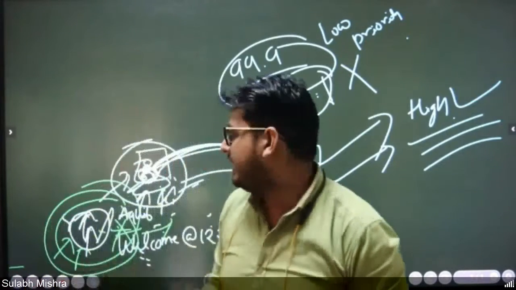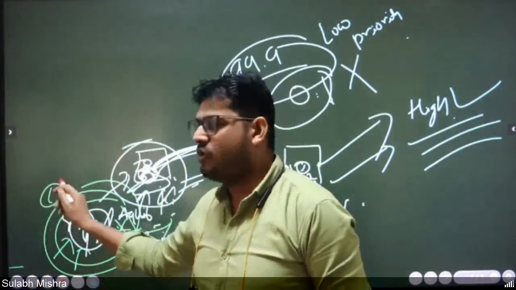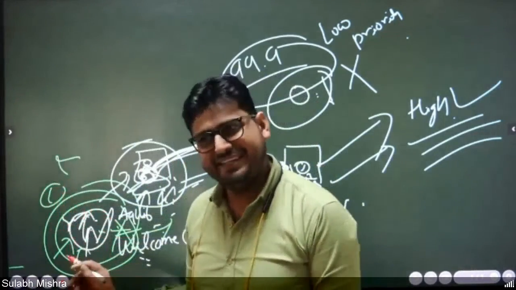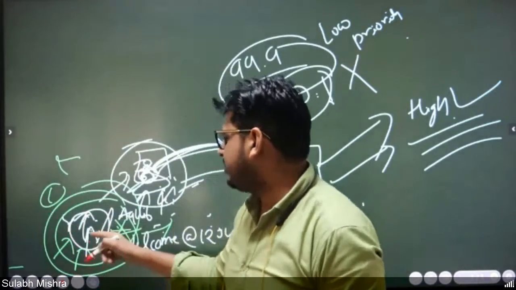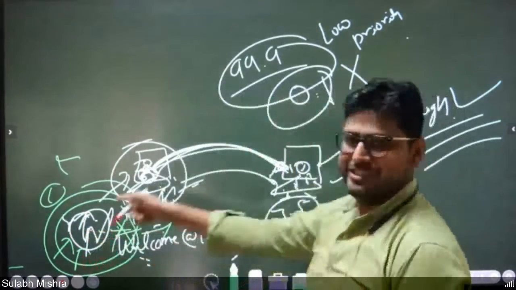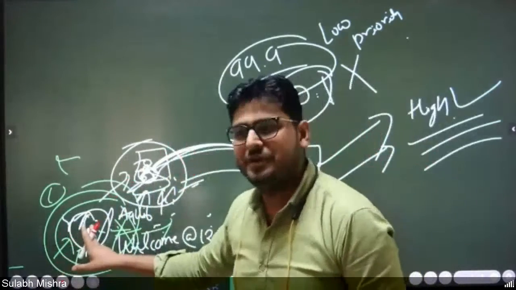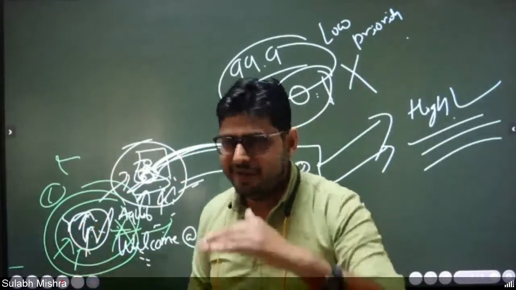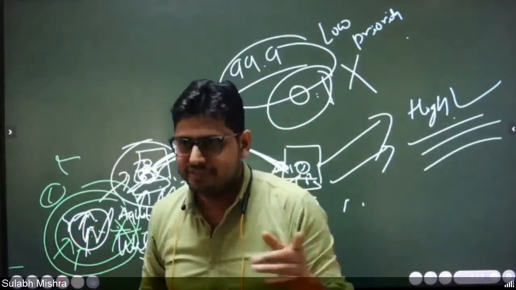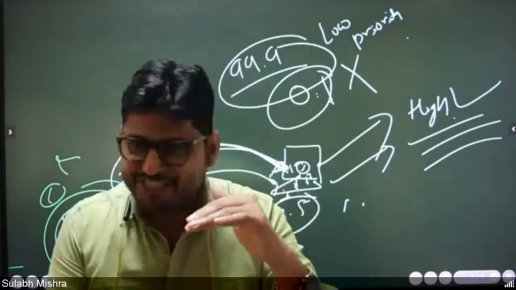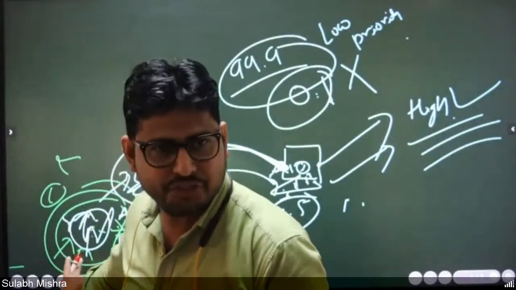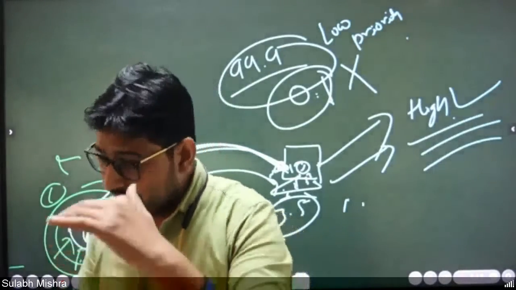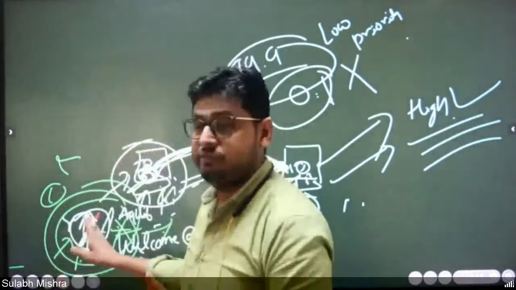I'll give the condition source IP or destination IP is equal to this IP. Either source or destination, get it? It means traffic coming from inside to outside or outside to inside. I want to see these logs. In that case, I have to create a channel for the firewall, where the source IP or destination IP belongs to this particular system. I'll get the report and see what kind of communication is happening.